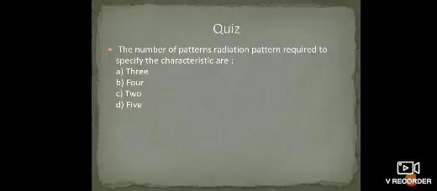So when we have this question, how many patterns are going to be required to specify the characteristics of an antenna? The answer is A, that is 3 patterns. Three radiation patterns are required to specify the characteristics of an antenna. Okay, so the next question is